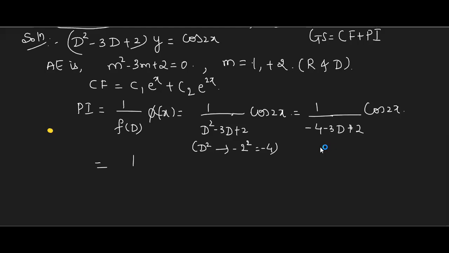Now this is 1 upon, just check what this is. Minus 4 plus 2 is how much? -2. Okay, so minus 2 and minus 3D is there, no? So from both I'll take a minus out. Is it okay? I'm avoiding one step. It is minus 2 minus 3D. I'm just taking a minus common. So both are positive, isn't it?